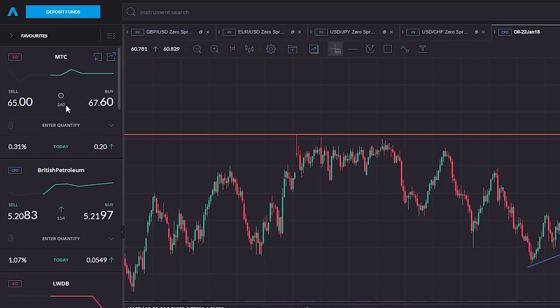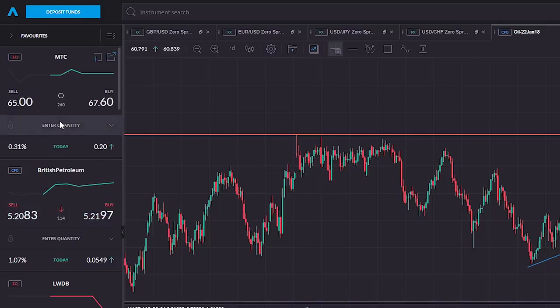It sees less volume during the day, and you can see the price isn't changing. We're not seeing much trade going through. But if you're a seller, you're selling at 65, and you're a buyer, you're buying at 67.6. So the spread straight away is wider. And as a percentage, of course, that 2.6p spread is quite a big percentage of the overall price, whereas a 1p spread on a 520 share really is a tiny percentage. So this is how spreads work. For high volume markets, we have tighter spreads.